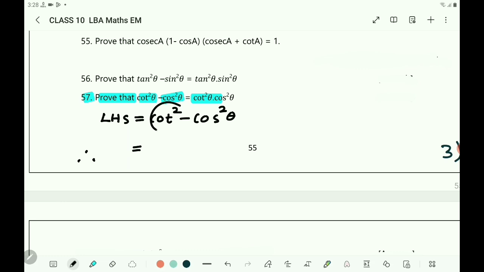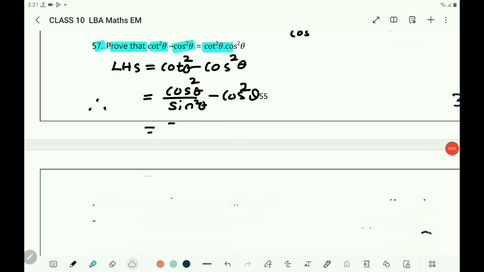Then you write cot square theta as cos by sine whole square, so it is cos square theta by sin square theta minus cos square theta equals,